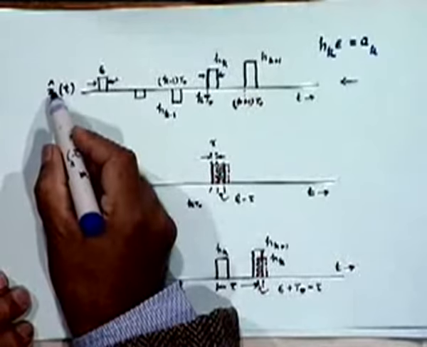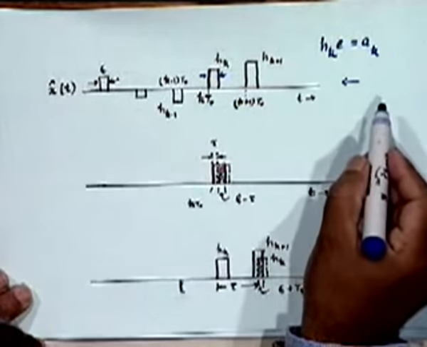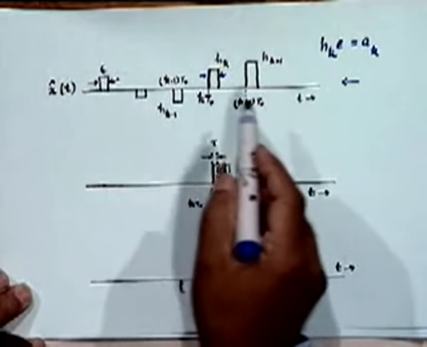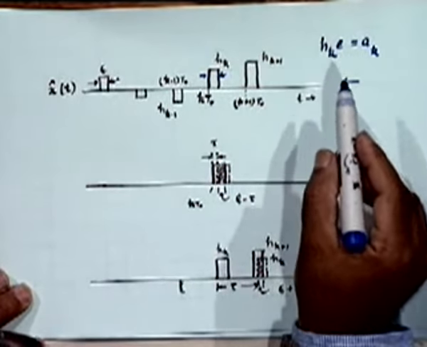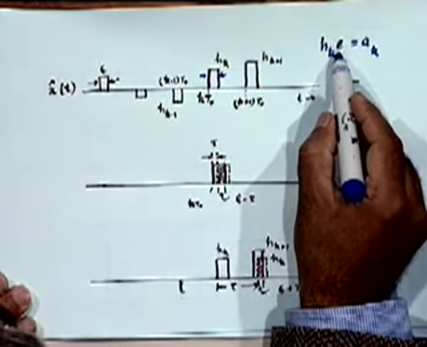Now let us look at the autocorrelation function calculation. I will come back to this diagram in a minute, but let us recall the definition of an autocorrelation function that you are all familiar with. Let me denote this approximation by x hat t. Remember that x of t was the original impulse strain, and x hat t approximates it by rectangular pulses of vanishingly small amplitudes and durations, epsilon.